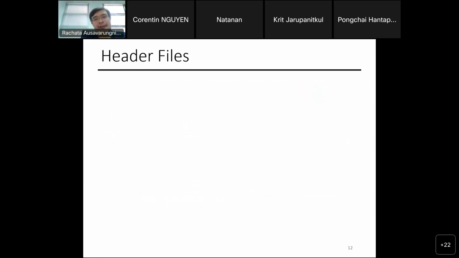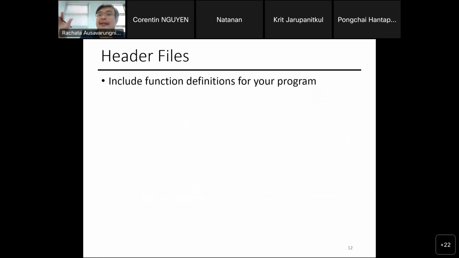This is a header file. So a header file can be added to your C code by the command pound include. And you can do pound include with the angle brackets. This will search for the .h file in a certain environment variable path, right? Like stdio.h.